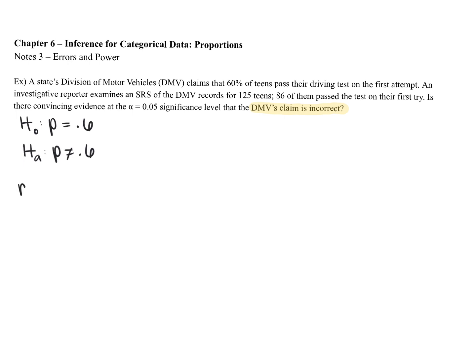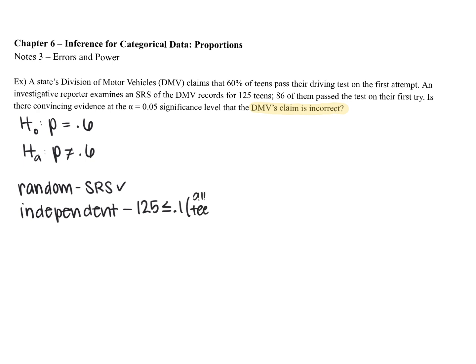Now I'm going to check my conditions. So we're going to start with random. And we did take an SRS, so we're good there. For independent, my sample size of 125 has to be less than or equal to 10% of all teens, which there's at least 1,200 of those, so we're good there. And then for normal,